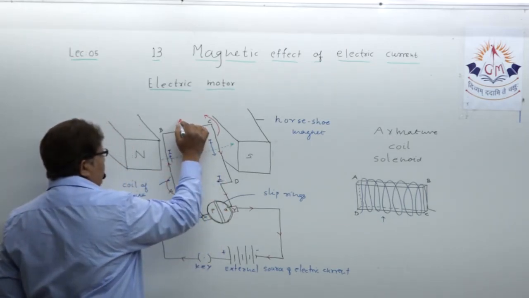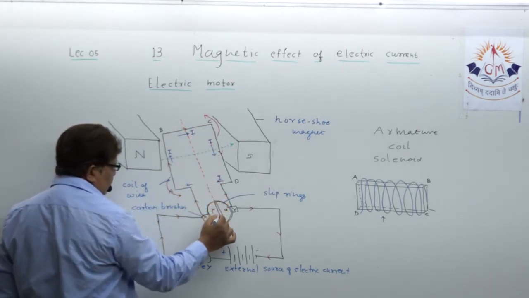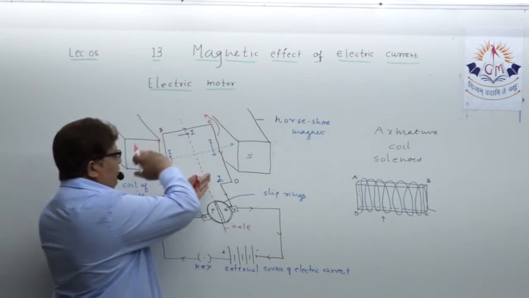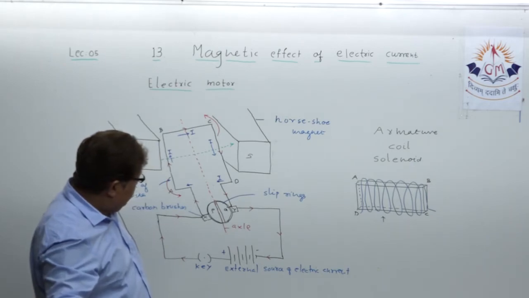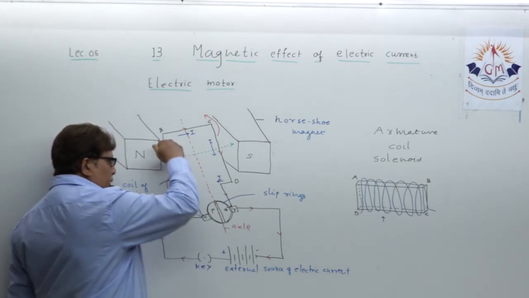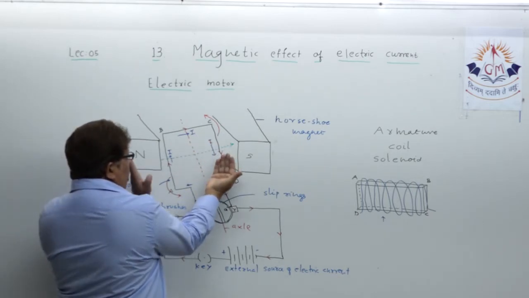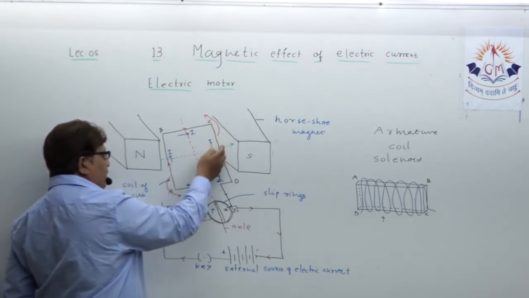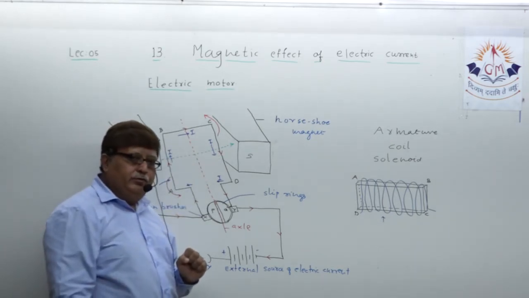Understand? As a result, what happens, dear student? Around the axle, suppose I just show you the axle. Understand? Around the axle, this is suppose the axle, a rotational movement is realized. Understood? What happens actually? Due to this rotational movement, AB will be pulled downward, CD will be pulled upward, so half rotation will be completed. Means CD will take the place of AB and AB will take the place of CD.